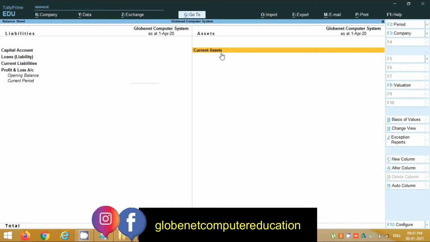Then we have miscellaneous expenditures as well. These are revenue expenditures, but they are written off over more than 2 years because the effect of these expenditures is seen in more than 1 year. For example, deferred revenue expenditures, for example, preliminary expenses. Then we have the profit and loss account as well. This is shown only when its debit balance could not be written off out of uncommitted reserves.